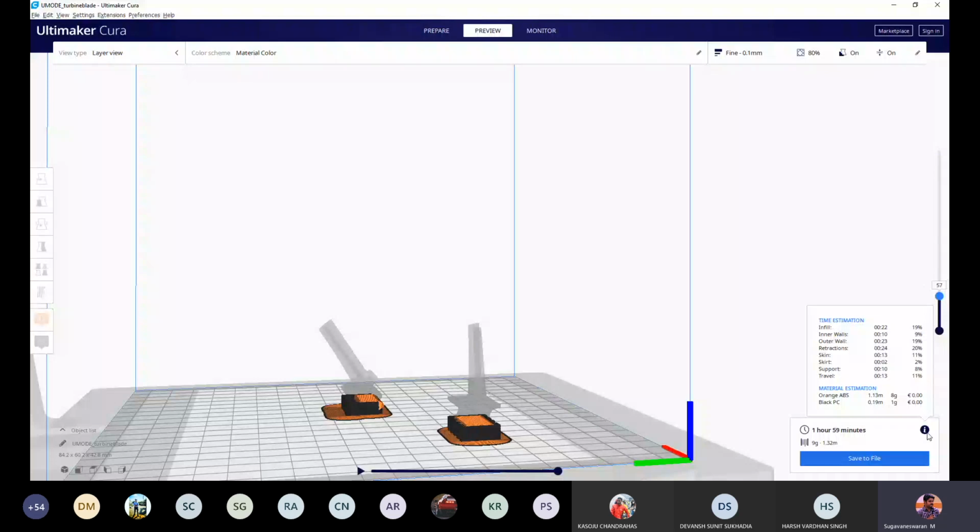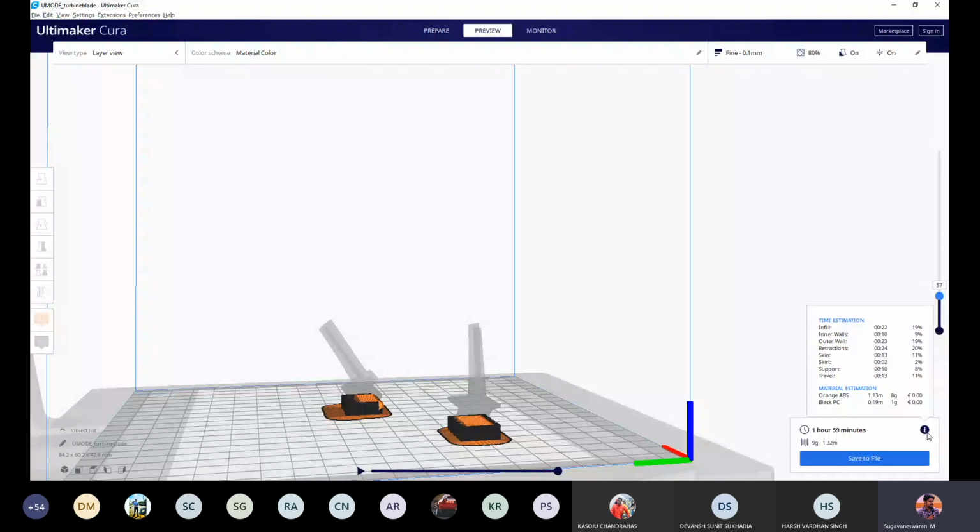Any other doubt you have? The other parameters, that is infill, inner wall, outer wall, we will discuss in subsequent classes. This comes under the other topic, data processing. So this is what we are doing in data processing, from CAD, step by step, how we are transferring the layer information to the machine.